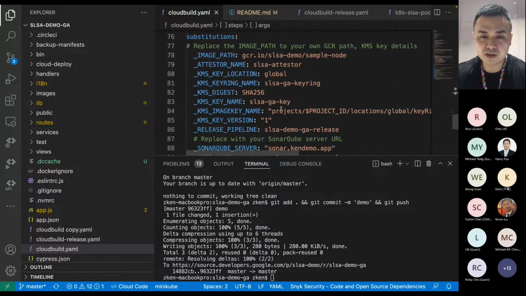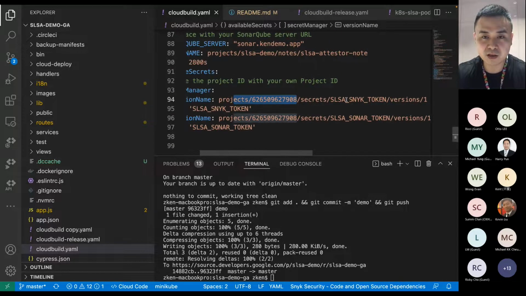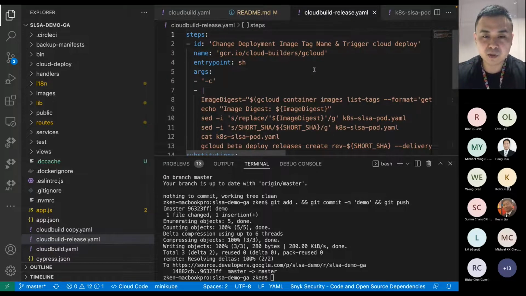These are the substitutions. As you can tell, I use the secrets manager to replace the tokens. I didn't put the tokens in plain text over here. Good practice. Now, this is the build part. We'll look at the release part. So in the release part, essentially is triggering my